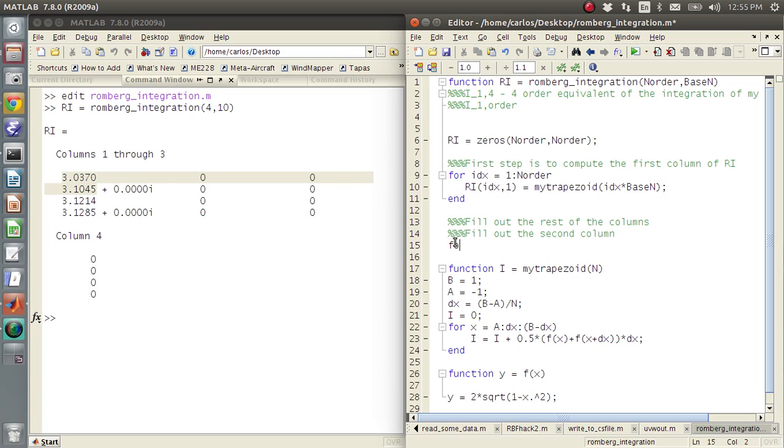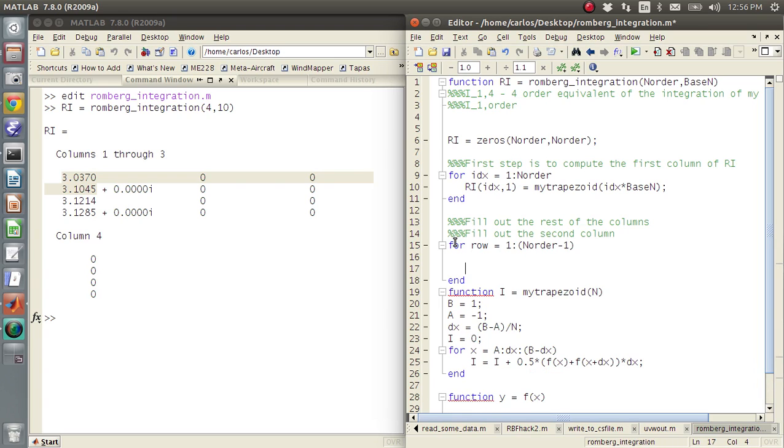So you're going to say for idx, or I'm going to say a row equals 1, 2, and in this case I'm going to say n order minus 1. And then I'm going to say Ri of, what is it? What row am I on? I'm on row, column 2 equals, and then I need to take a combination of,